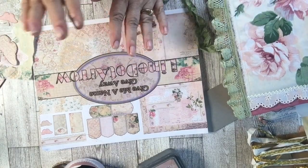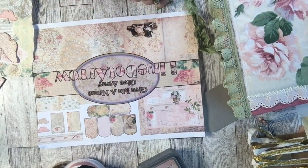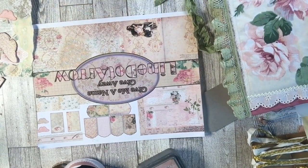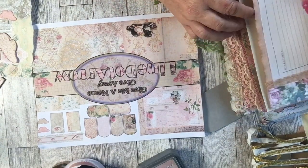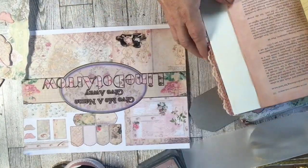Hello again. I am back with another page decorating idea using the LineDotArrow kit, antique laces and roses. So let's get on with it, because this is another one of my short little snippets I'm going to make a big video with. So I have picked this